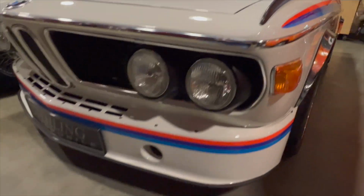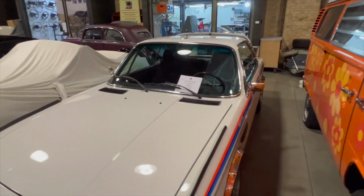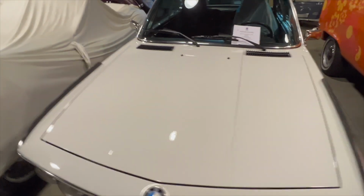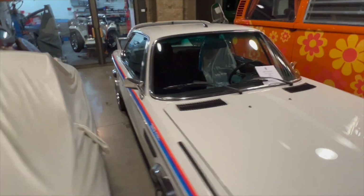These are the M stripes on the car. Look at this thing. It's beautiful. This is the 3.0 CSL, so it's got a 3-litre. I think it makes around 200 horsepower, something along those lines. It's such a beautiful car, and this one has, I think it has the